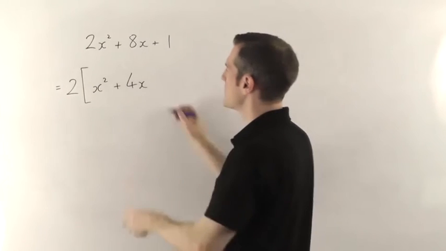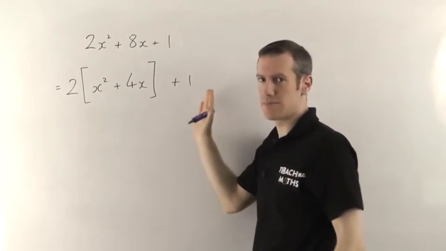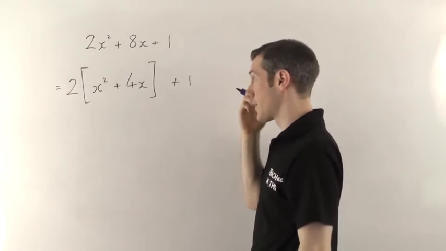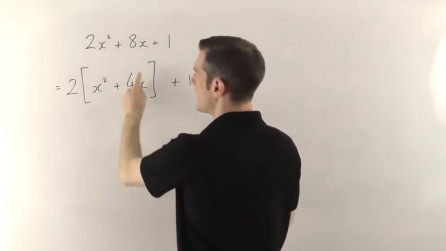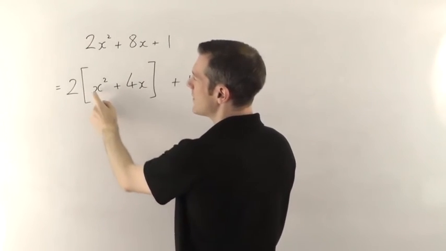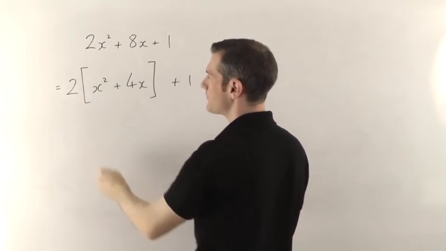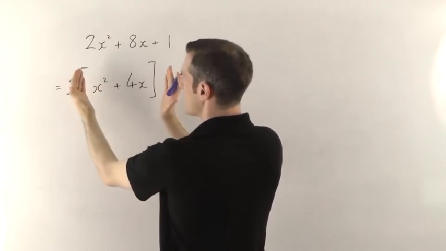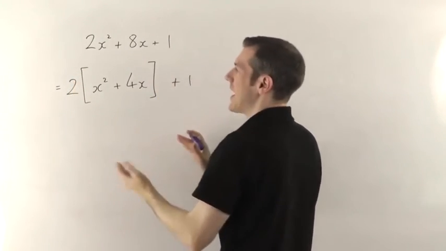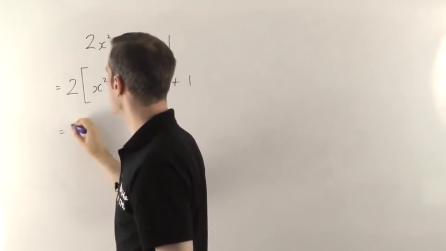Don't try and include the +1 here. Just close your brackets there, leave the +1 on the outside. We'll come back to that later. So what I've done is I've turned this bit. When you complete the square, you're always looking at these bits. And I've basically got rid of the number in front of the x squared. It's outside the square brackets. So I can just complete the square on the bit inside the square brackets, and then I can work out what I've got. So completing the square